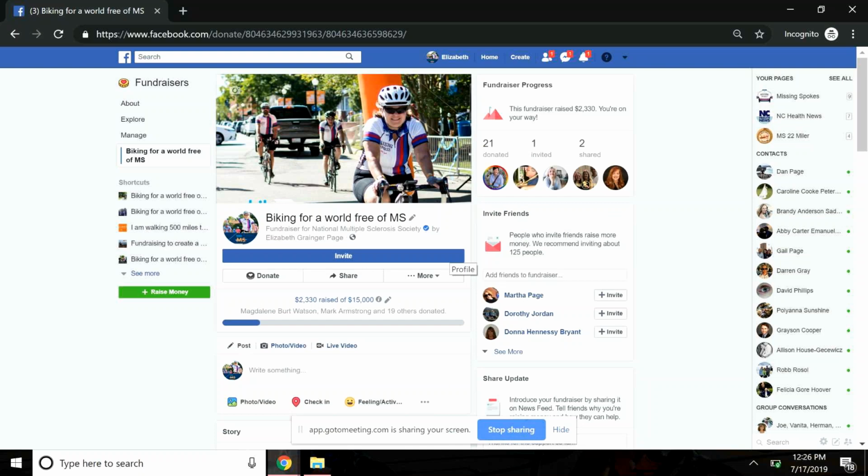All right. The other thing I wanted to make sure everybody understood is that Facebook does not charge a fee for the donations that are made on their platform.